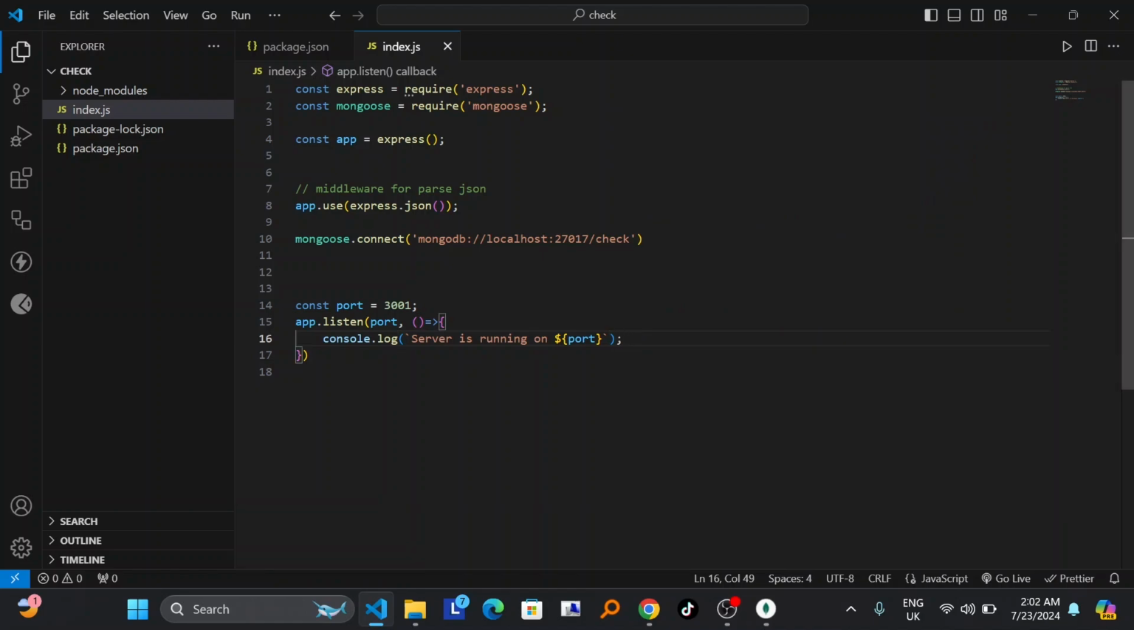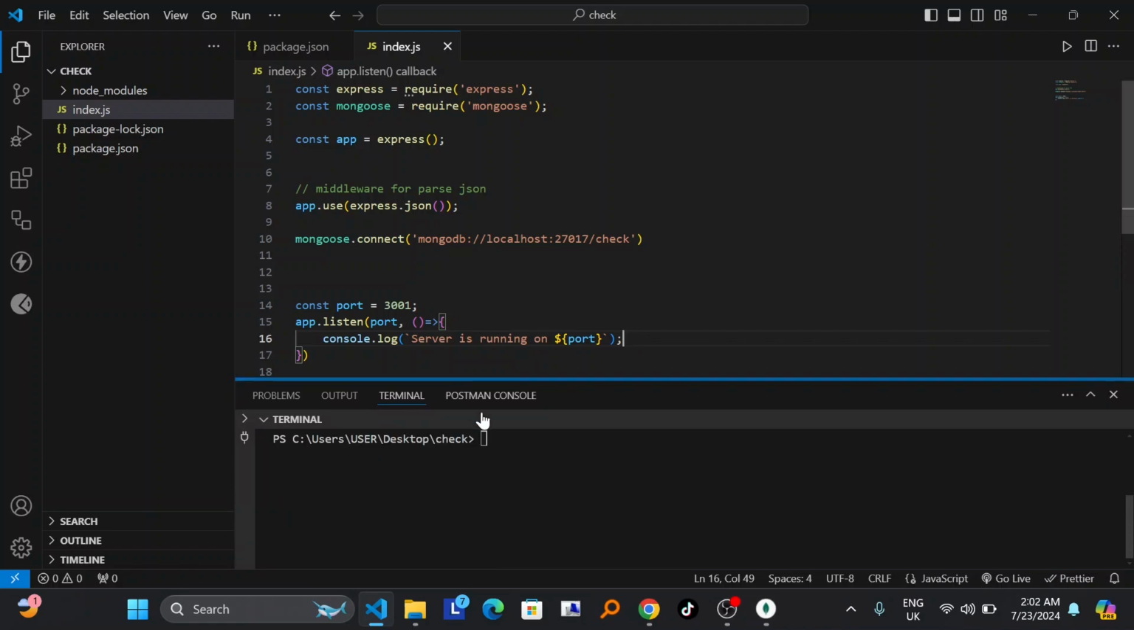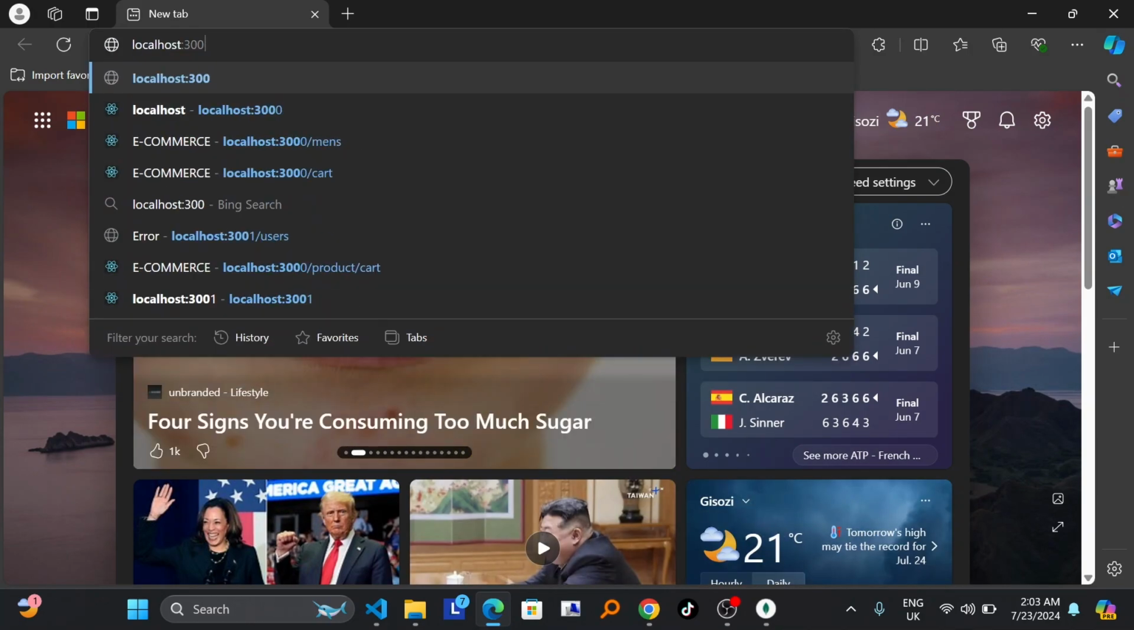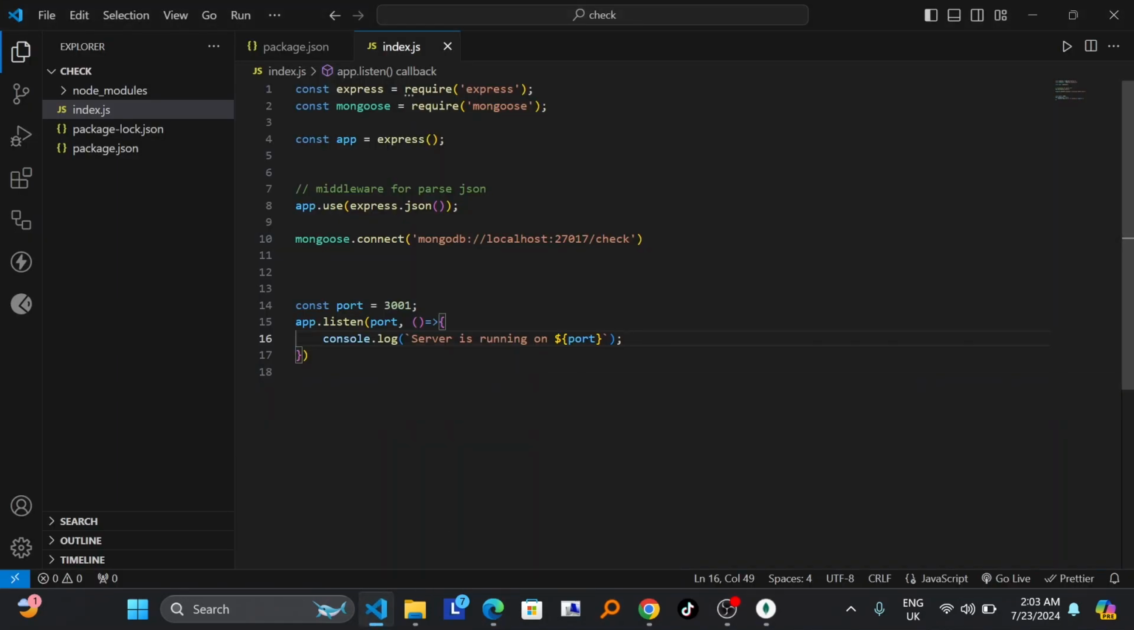So when I come here to my terminal and write node index.js as the name of our file and press enter, it will show me server is running on port 3001. If I also come to my browser and write localhost 3001 and press enter, we open some page, but there is no data we found here. And I can come here and I will continue